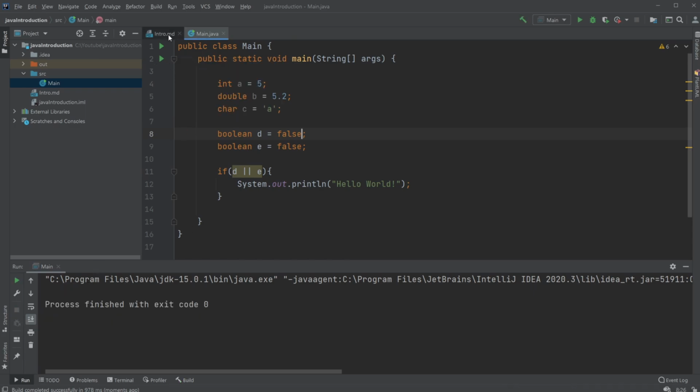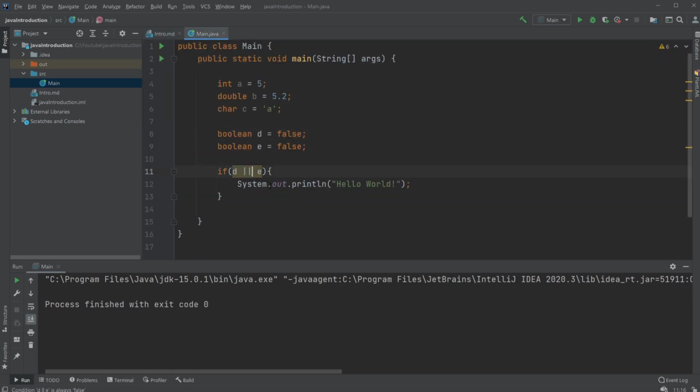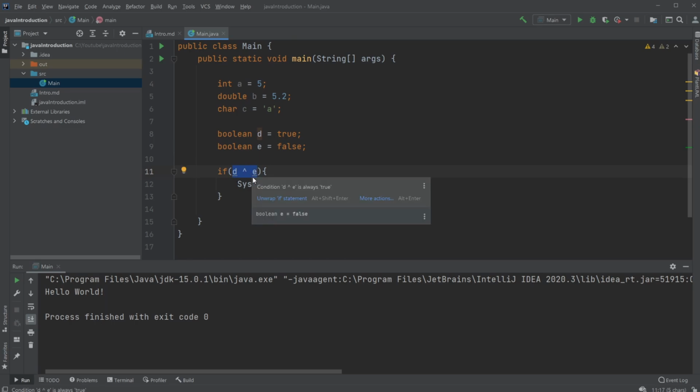There we go. Then we have our XOR, which at first can be a bit confusing. But XOR just simply means we need one to be true and one to be false. Exactly. So if we change this one back to true and run again, we get hello world again because it checks if one is true and one is false specifically,